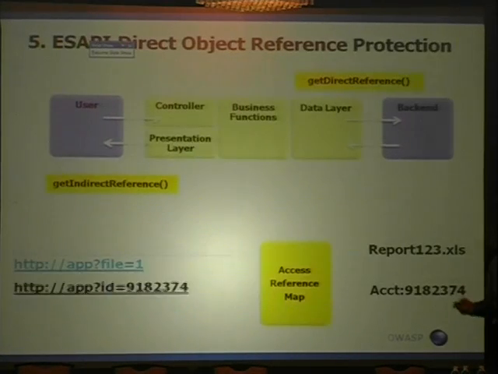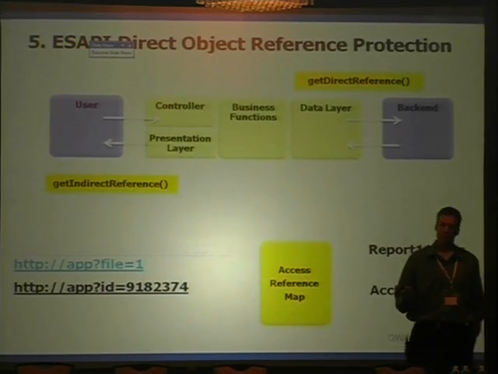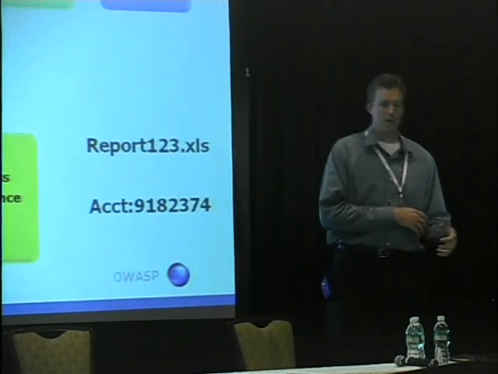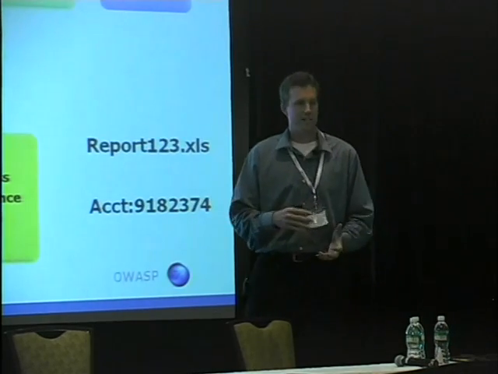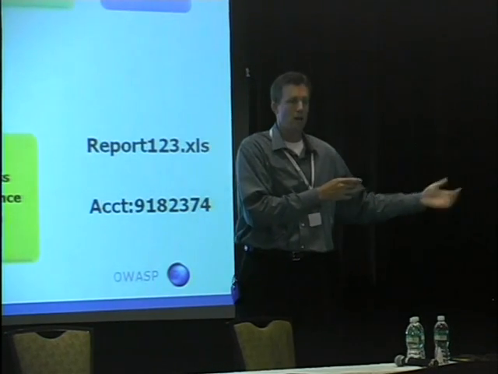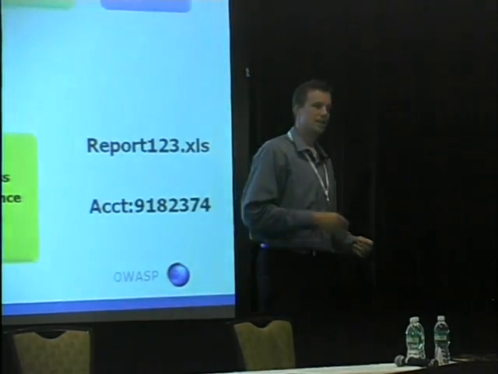Is your access map global or is it unique per user? It actually depends on what you want to do. It's just a data structure. You can use it however you want. The most common use case is per user. So if you log on and the user has access to a dozen files, then you might make an access reference map for them that just has those dozen files, and then you can use those in the presentation layer to generate your UI. You could create a global one if there was a use case for that. I'm not exactly sure what that would be. I can sort of imagine it, but